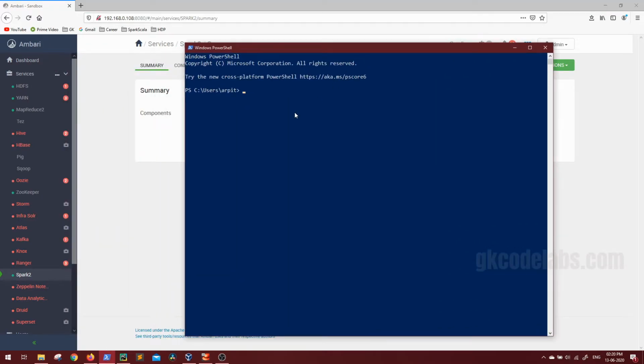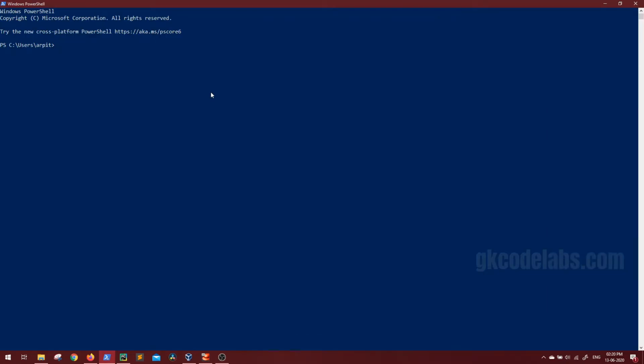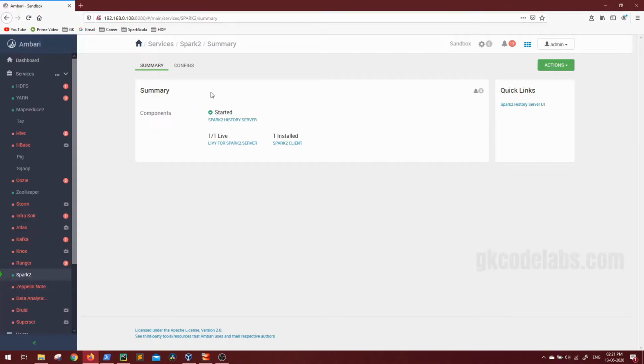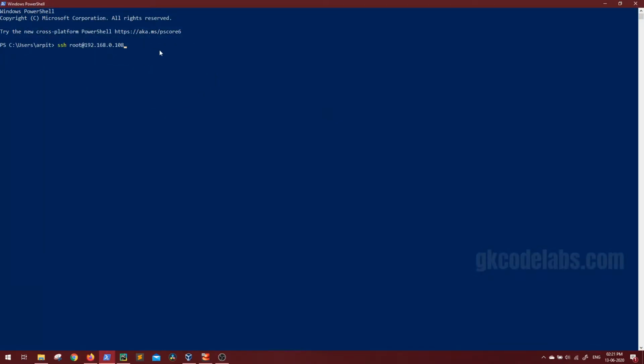Now to connect to the Hortonworks cluster, this by default runs on port 2222. So to connect to this, you have to do SSH. The command will be the same for Linux and Mac as well. SSH, then the username. Let me log in with root. And after that you have to mention the IP address of the Hadoop node. In my case, it is 192.168.0.108, as I told here. Okay, and my port will be 2222. So this is the command you need to issue from your local machine.